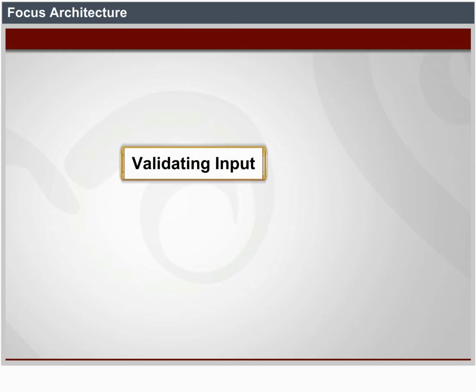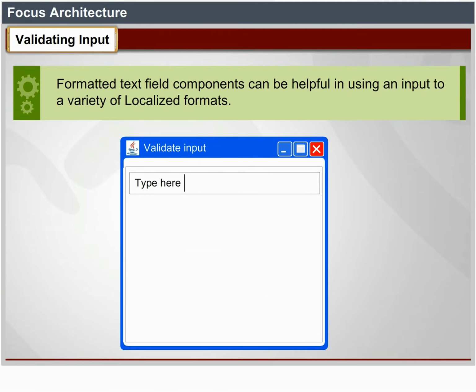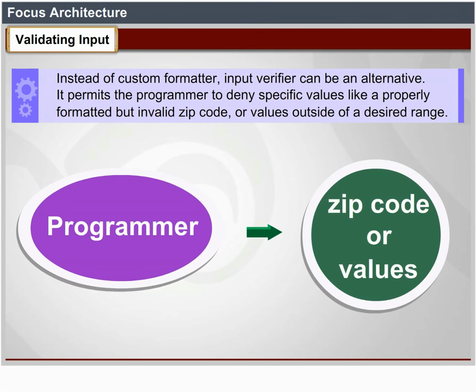Validating input. Input validation is a common requirement in GUI design. It controls the user's input. Formatted text field components can be helpful in restricting input to a variety of localized formats. A custom formatter can also be used. Instead of a custom formatter, an input verifier can be an alternative.